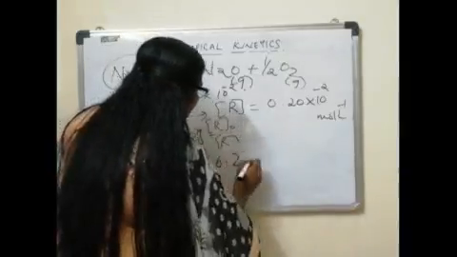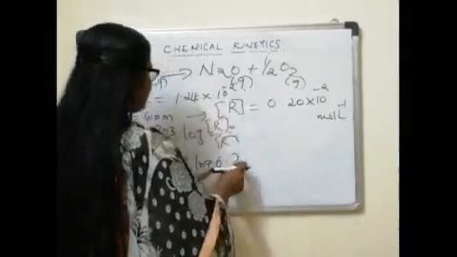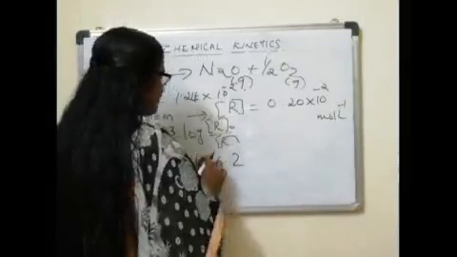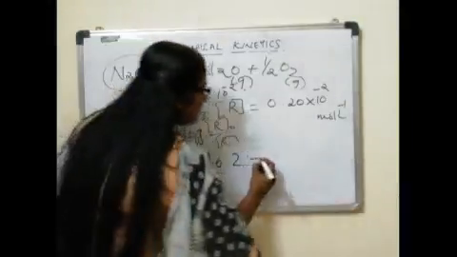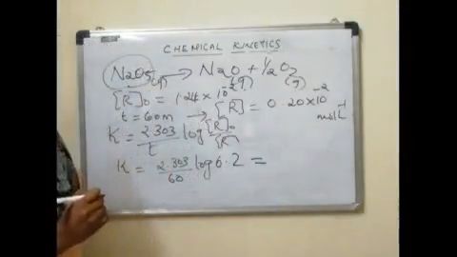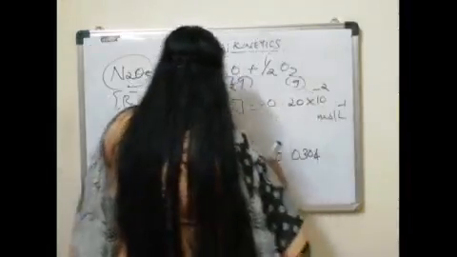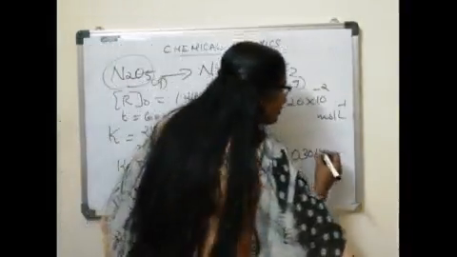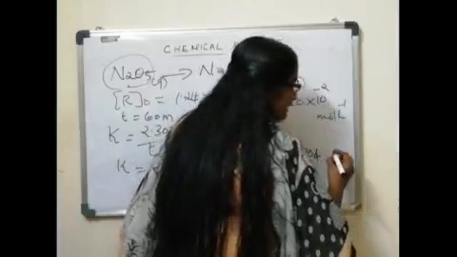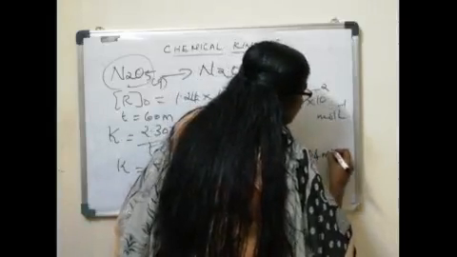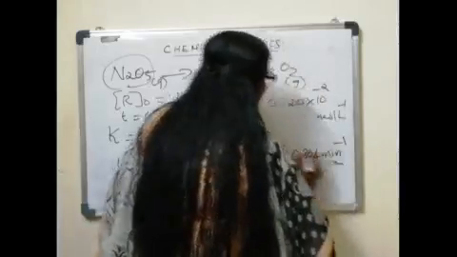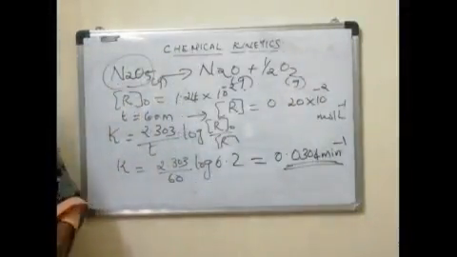We have to take the log. In the logarithm table, you take the log of 6.2 and multiply this by the term as normal multiplication. And finally, we will get the value k is equal to 0.0304. And since it's a first order reaction, we know the unit of rate constant is time raised to minus 1, since the time is given in minutes, it's minute raised to minus 1. So try to do this problem also.